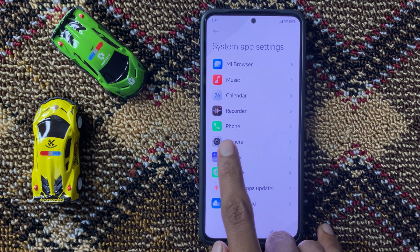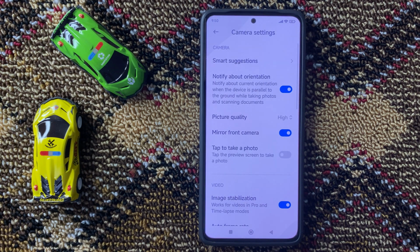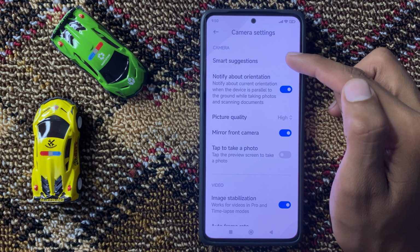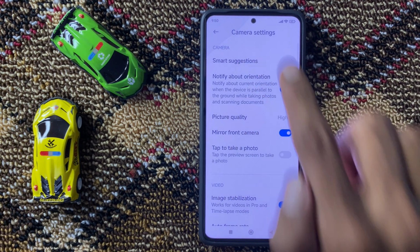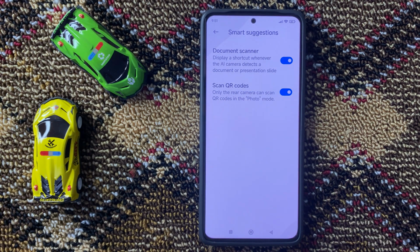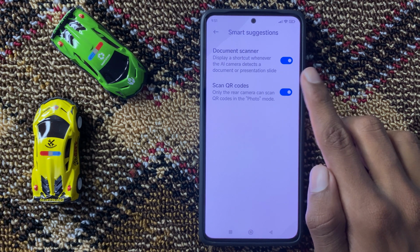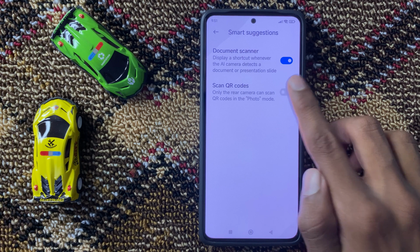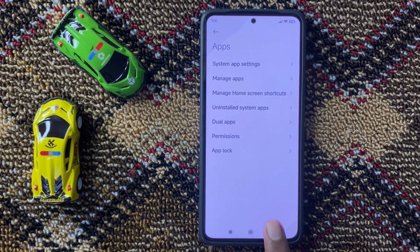Now here you can see the option camera. Now click on it. On top you can see the option smart suggestions. Now click on it. And here you can turn on or off your QR code scanner. After turning on or off this button, then go back to the main page of your settings